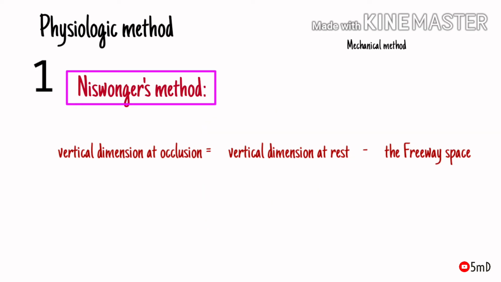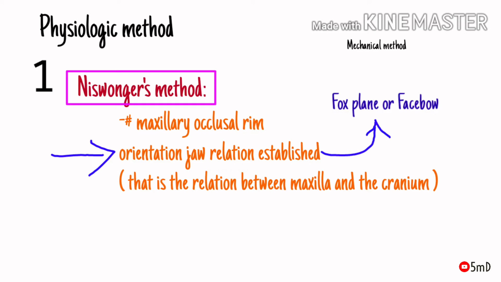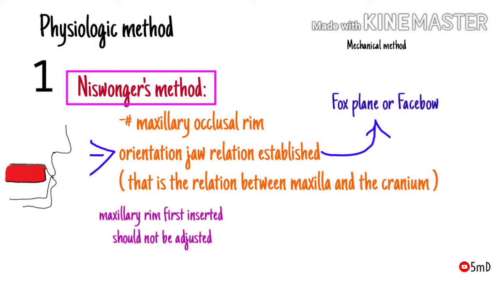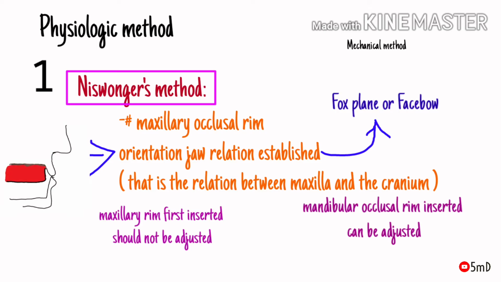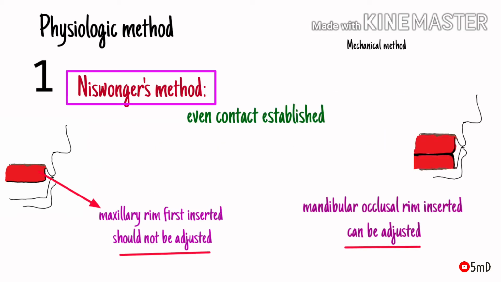The maxillary occlusal rim, which has already been oriented to the cranium, that is the orientation jaw relation, has been established either using Fox plane or face bow. Then the maxillary occlusal rim is inserted, followed by the mandibular occlusal rim. The maxillary occlusal rim should not be adjusted. The mandibular occlusal rim is adjusted such that the maxillary and the mandibular occlusal rim come in contact evenly,